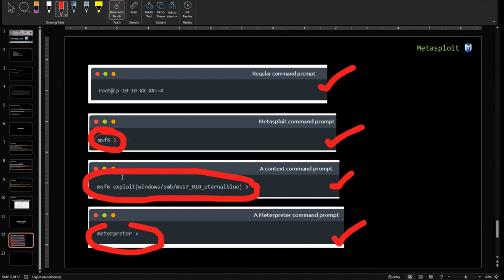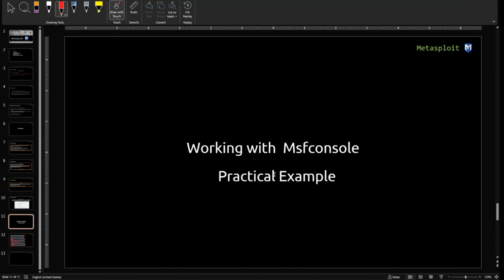Congratulations to all of you for successfully learning the Metasploit from start to end, and I hope you have learned a lot of new things. So that's all from my